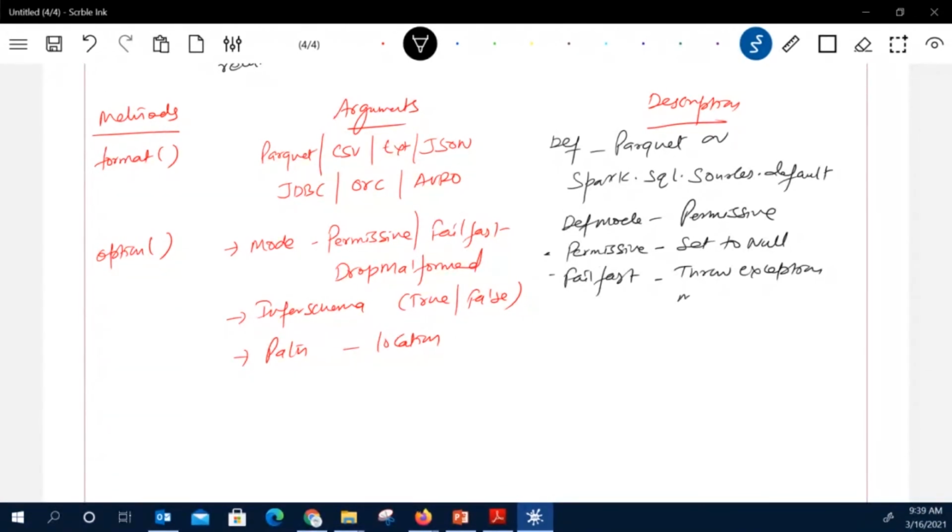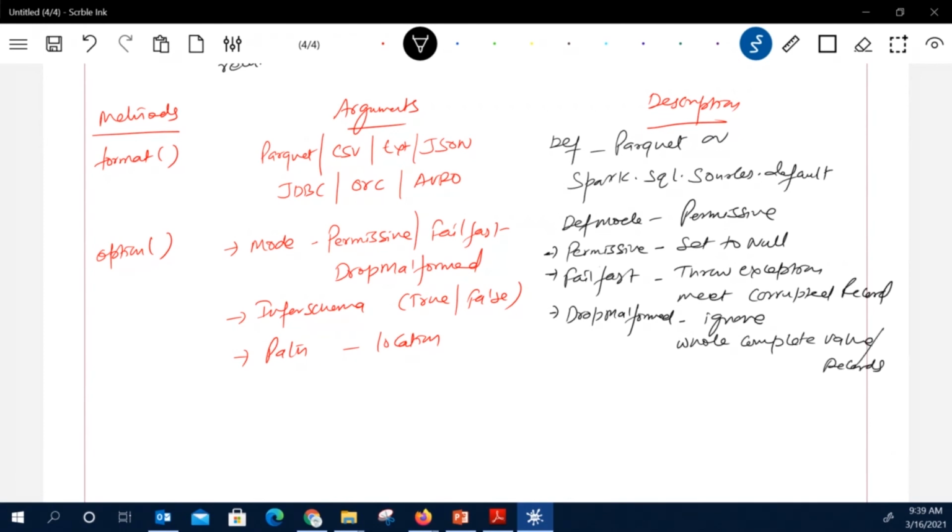It will throw an exception whenever it meets a corrupted record. Okay, corrupted record. The third one is drop malformed. What drop malformed will do is it will just ignore the whole complete value or record whenever it encounters some kind of error. So permissive sets null, drop malformed ignores the value, which is a different way, and fail fast will throw an exception.